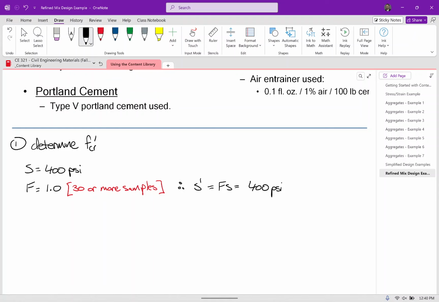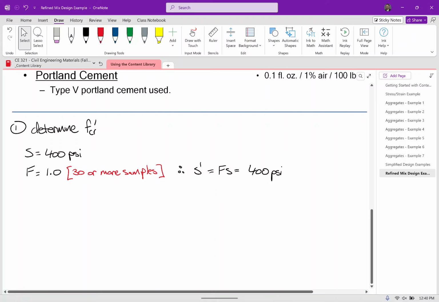In other words, remember my standard deviation is a measure of how scattered my data is. And so what we're doing here is if we don't test a lot of cylinders, we don't have as much confidence in that standard deviation. So we bump it up a little bit with this factor F. Because we're testing enough samples, we really don't need to worry about that right here. Okay, so therefore,